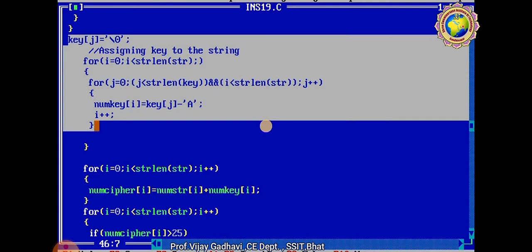For encryption, the plain text and key are added modulo 26. Then same for decryption.